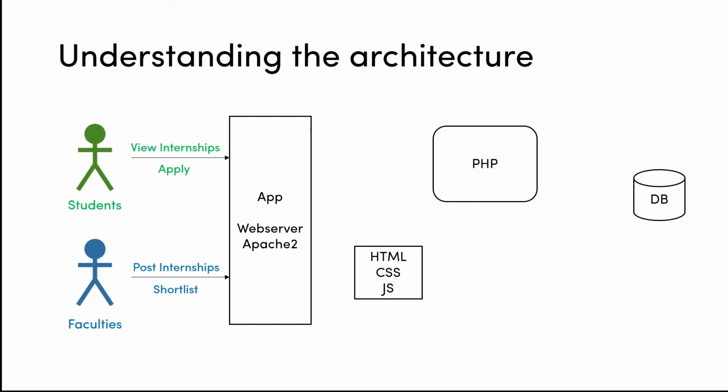So we have our website, which is a web server. If you don't know what web server is, it's okay, we'll get to it in the later part. So what we have is basically our website in which we have our database, PHP and our resources, HTML, CSS and JavaScript. So what happens is, a web server is a software which will listen to the requests. So for example, Apache 2 is a web server which usually runs on port number 8080.